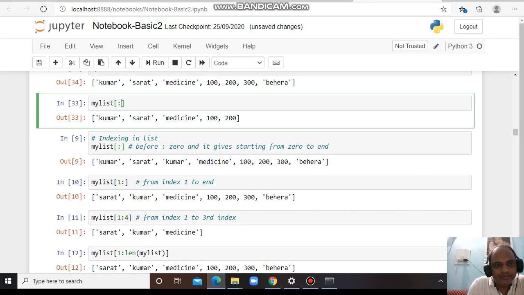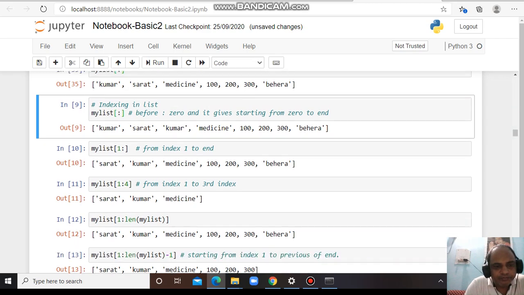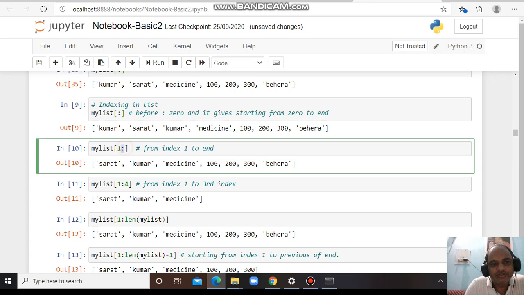Okay, so going forward, what does 1 mean? If I put 1 and a colon, it will print from index 1 to the end, not from 0. If nothing is mentioned, that means it starts from 0.